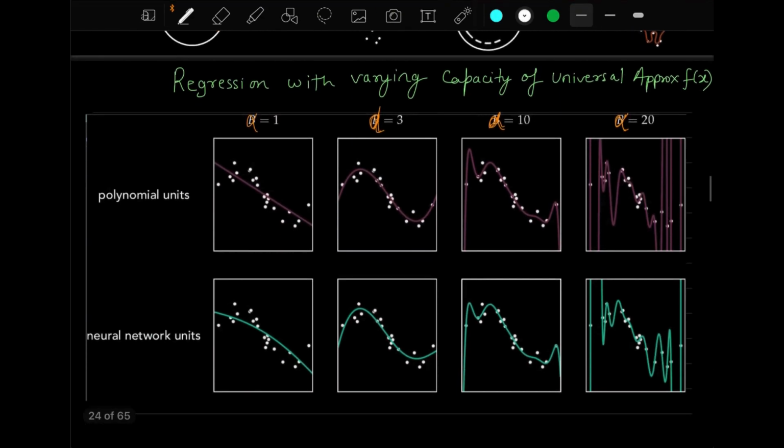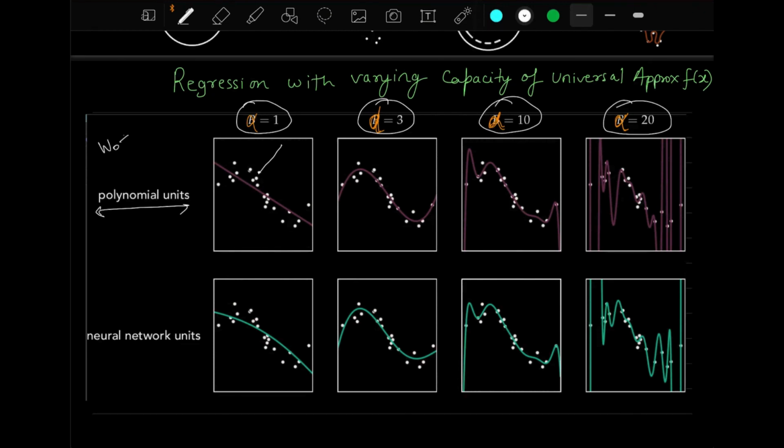Okay, so this plot which I am showing you over here is actually showing you the capacity for different values of alpha. Alpha equal to 1, alpha equal to 3, alpha equal to 10, and alpha equal to 20. So what I am doing is I am putting a polynomial fit to the real data which is given over here. And you can see when you put alpha equal to 1, you are doing W0 plus W1x. So you are actually getting a linear line over here. But when you put alpha equal to 3, then you will have W2x square plus W3x cube also. So it will implement some curve like this.